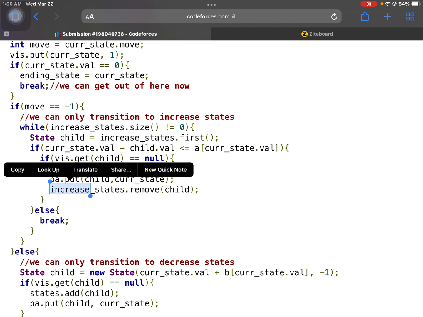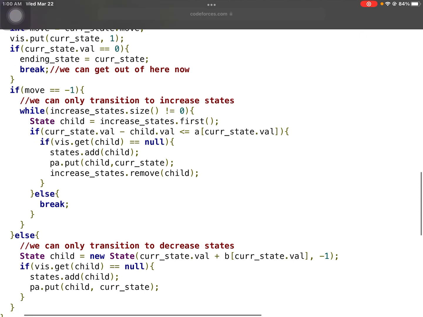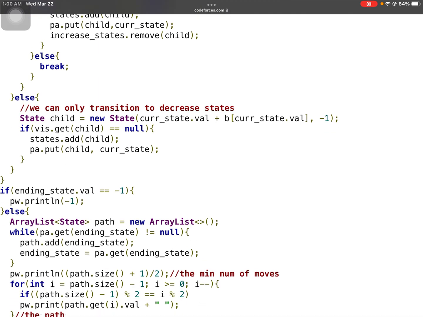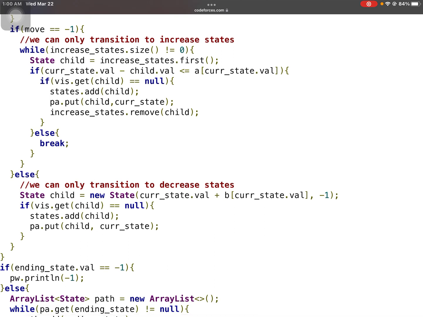You don't have to constantly go through your while loop and check the ones, because you know that those increase states will be already visited, and you don't want to go to your while loop and have to check them, right? So just remove it, get them out of here, and then it optimizes this. So this is really the main solution. And then the other case where you're transitioning to a decrease state, it's pretty easy. You just simulate the problem, and then you keep